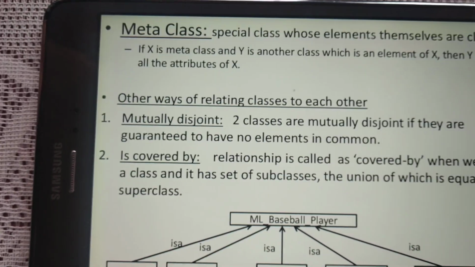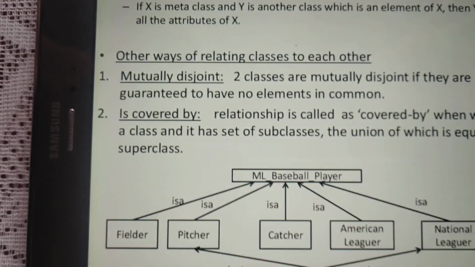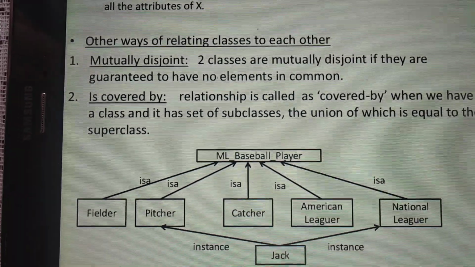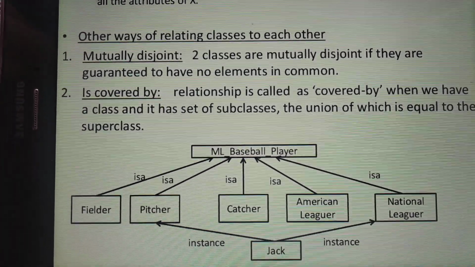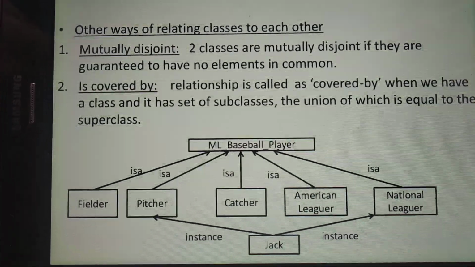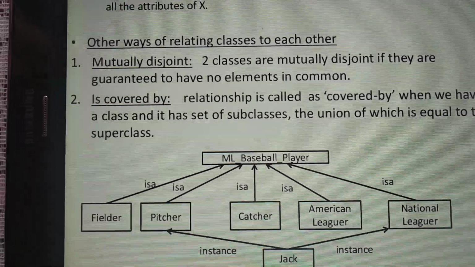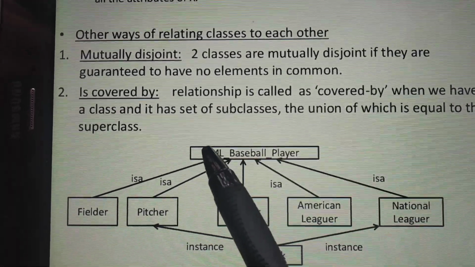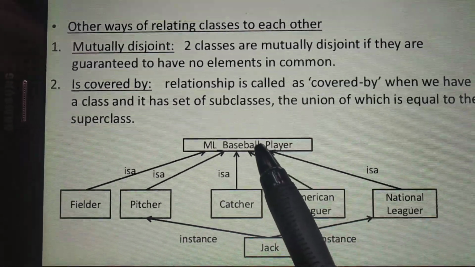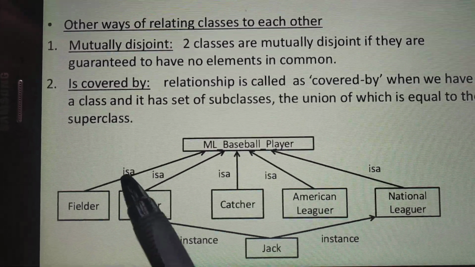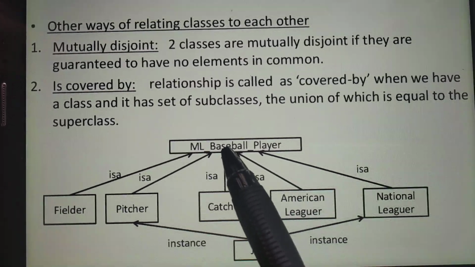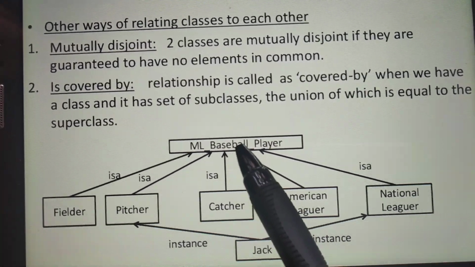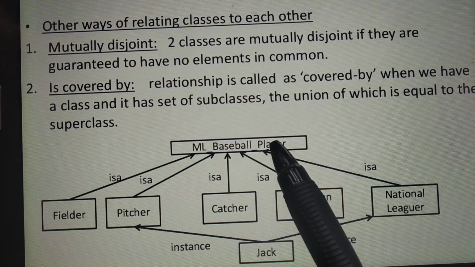The next concept that we are going to see is the covered by relation. Now this is a very interesting relationship. A relationship is called covered by when we have a class, assume that this is a class, and this class has a set of subclasses, the union of which is equal to the superclass. You can see fielder is an ML baseball player, pitcher is an ML baseball player, catcher also is a subclass of this, American leaguer also is a subclass, national leaguer also is a subclass. So